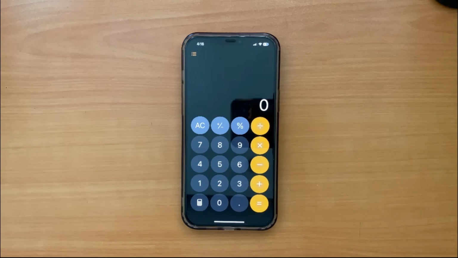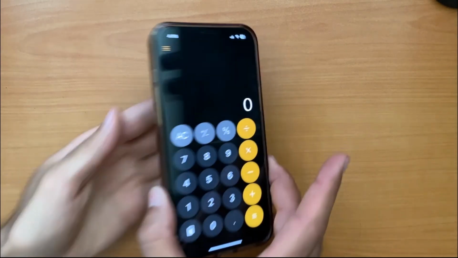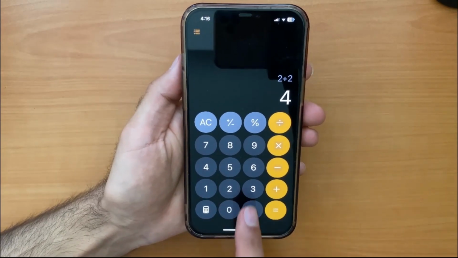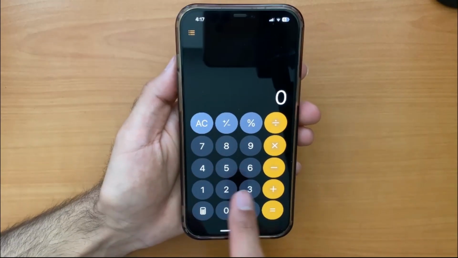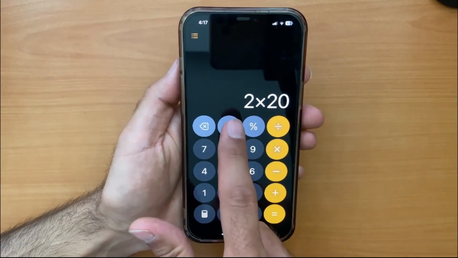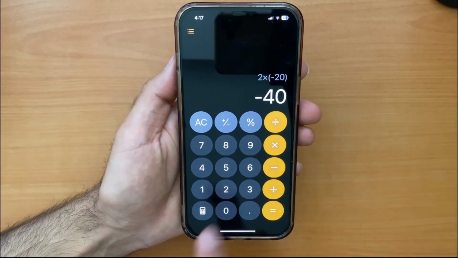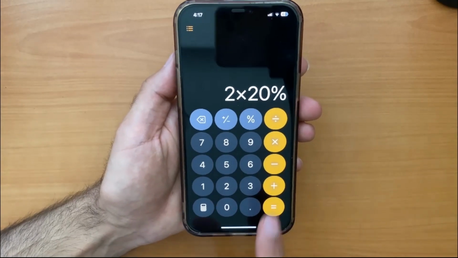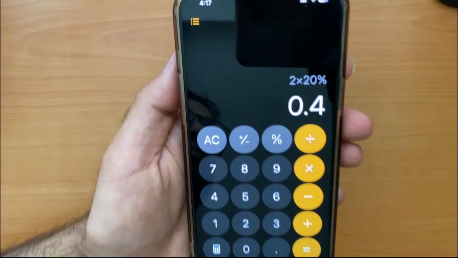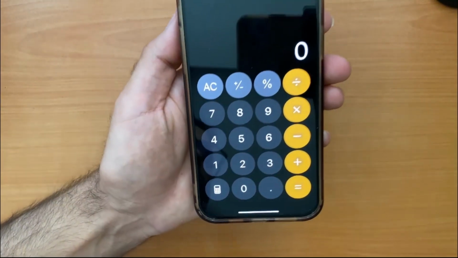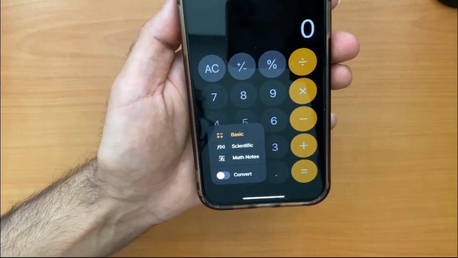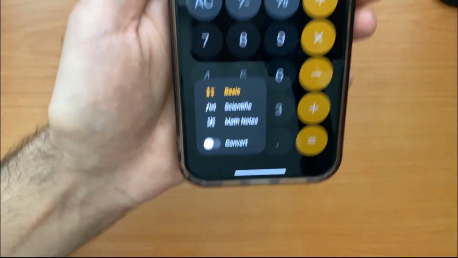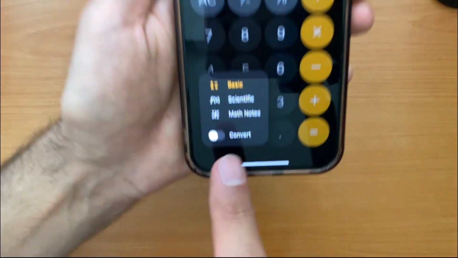At first, when you open up your calculator, you will see the basic mode like this. And you have an option to calculate your numbers like this. Now, to go to another mode, you just need to tap and hold on the calculator icon on the bottom left. As you can see, for iOS 18 we now have three options: basic, scientific, math notes,